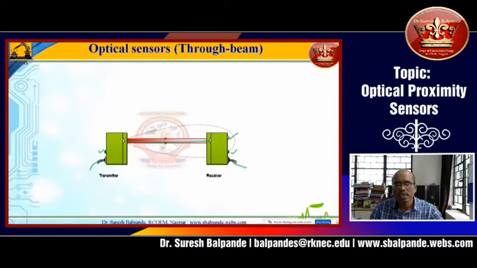So this green LED is now glowing. This green LED is glowing because light has started emitting. That is the indication that your transmitter is on. Light is falling on the receiver, and that is also indicated by green. Whenever there is an interruption in the light, that will be indicated by this top LED.